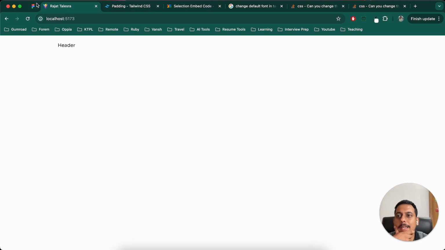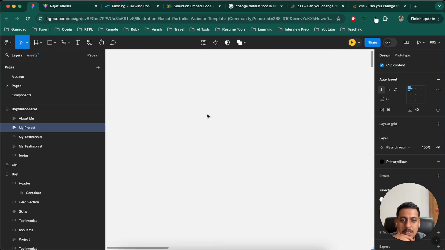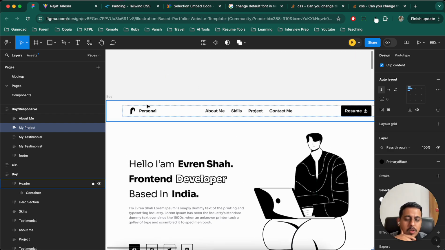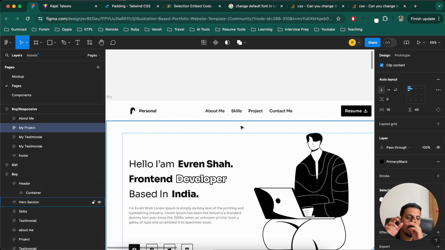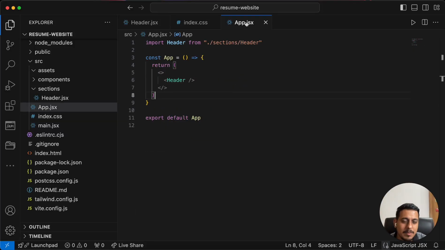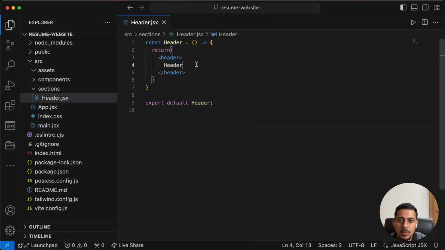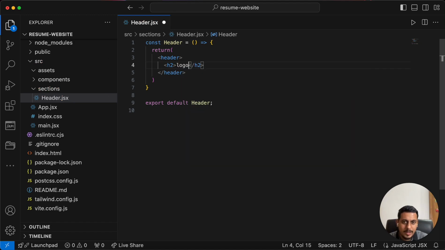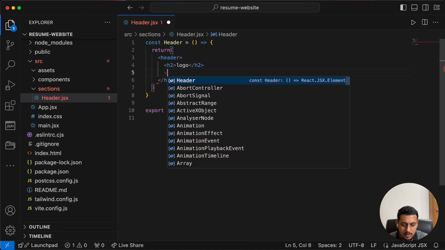Now, again, let's go to design and start focusing on the main design here, which is: I don't want to create this center part. I just want to create the left and right part, which means there will be a gap between left and right part, right? So let's start setting up that first. So what I'll do is I'll write logo. For now, I'll just write H2 logo. I'll change it later on. Don't worry about that. Button